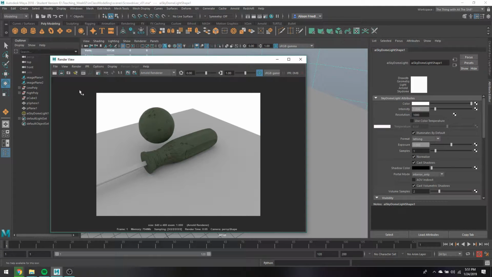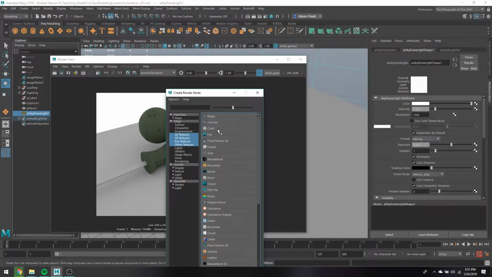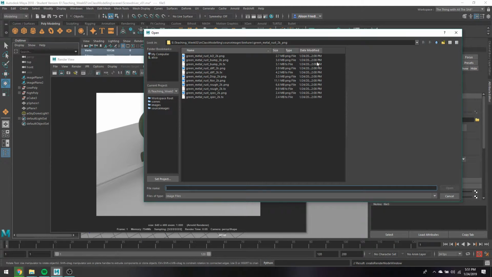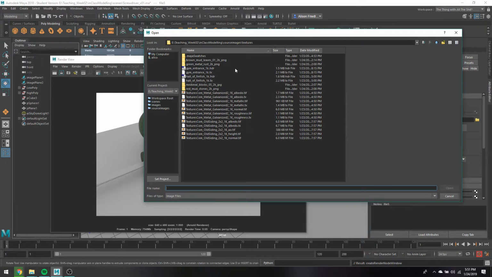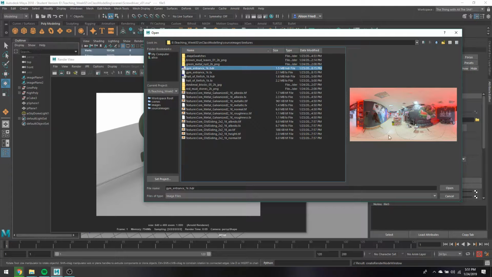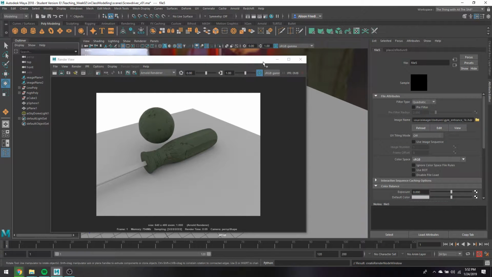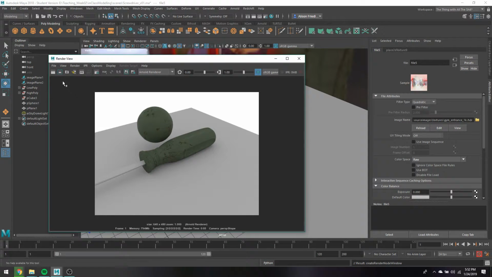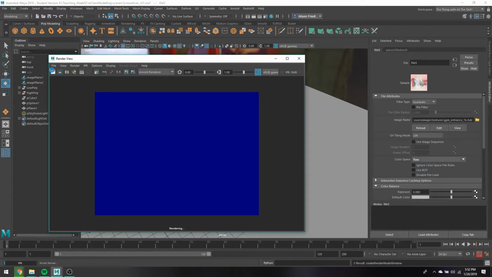But what you can do, you notice if my sky dome light is selected, for the color, you can actually map in colors to this, and that's where you want to put your HDRI. So again, just grab a file texture, navigate through. I don't know where the heck I saved these. Cool. Okay, cool. I'm just going to use this HDRI downloaded yesterday. So I grab this guy, and you can see that the texture has been applied to that weird circle in the background. If I re-render this again,